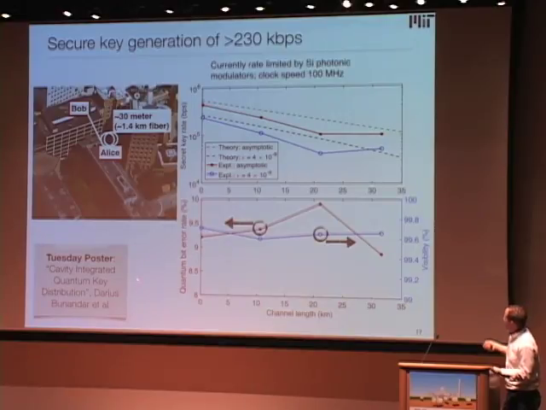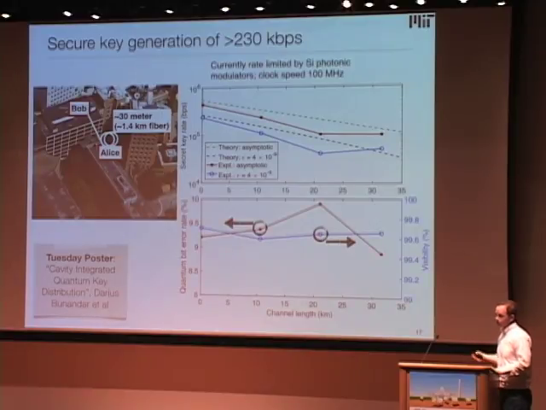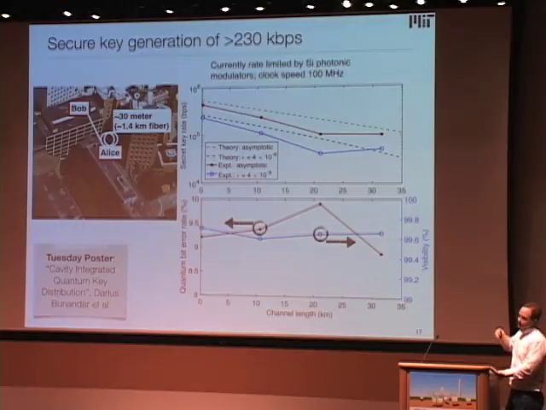So here's the chip that we use for this, and here's a recent demo, and there's a poster also here by Darius. At the moment, we get some hundreds of kilobit per second. So this to us is actually considerably slower than we were able to do using off-the-shelf components. And the problem here is still that the modulation depth of these modulators, which were not fully optimized for QKD applications, wasn't high enough. It was only about 15 dB, and they had to be run in forward bias rather than reverse bias. We now have a new generation of modulators that should allow us to go about 10 times faster in the rate, and they should also have a much lower bit error rate than what we had here.